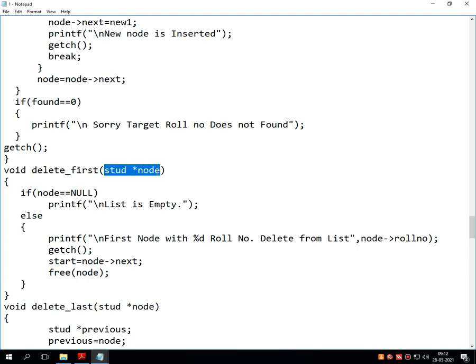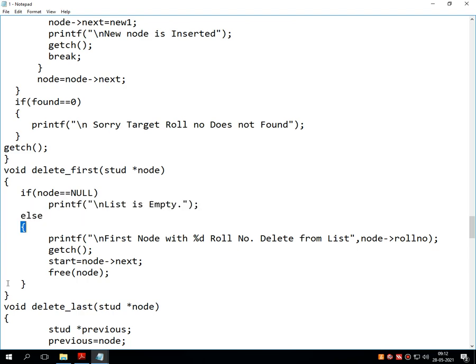If the entered node is not found, then it shows that the list is empty. That means the linked list is empty and we are still trying to delete something from it, then it obviously displays list is empty.